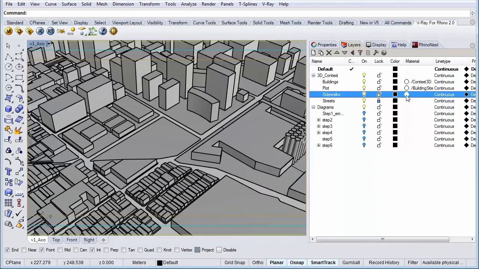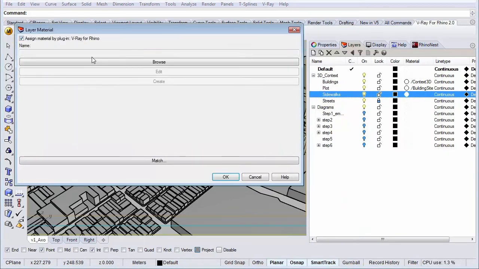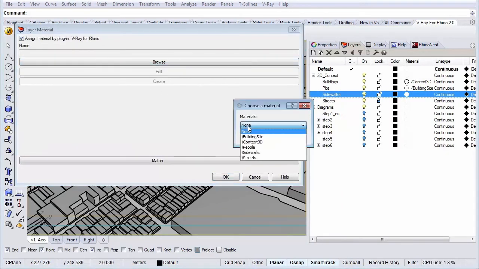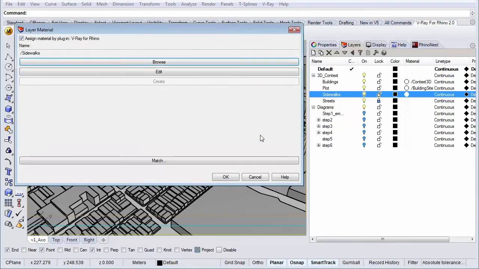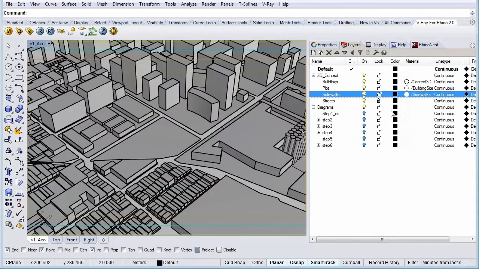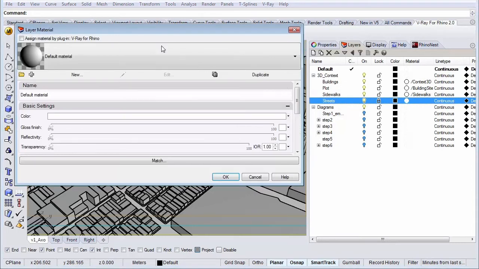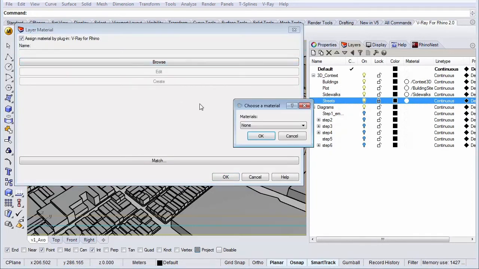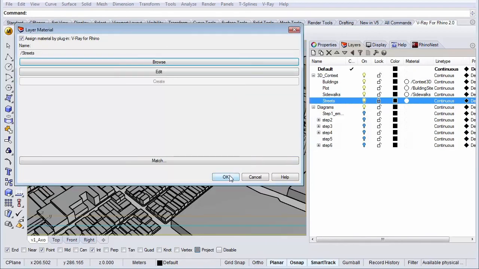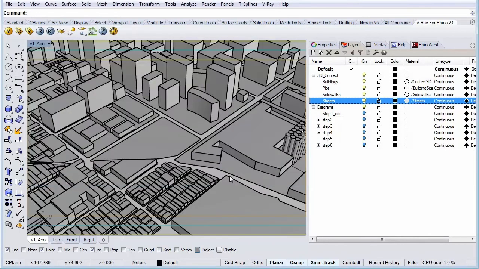For sidewalks and street, it's the same procedure. Great, so now we have set all our materials for our base setup, let's say.